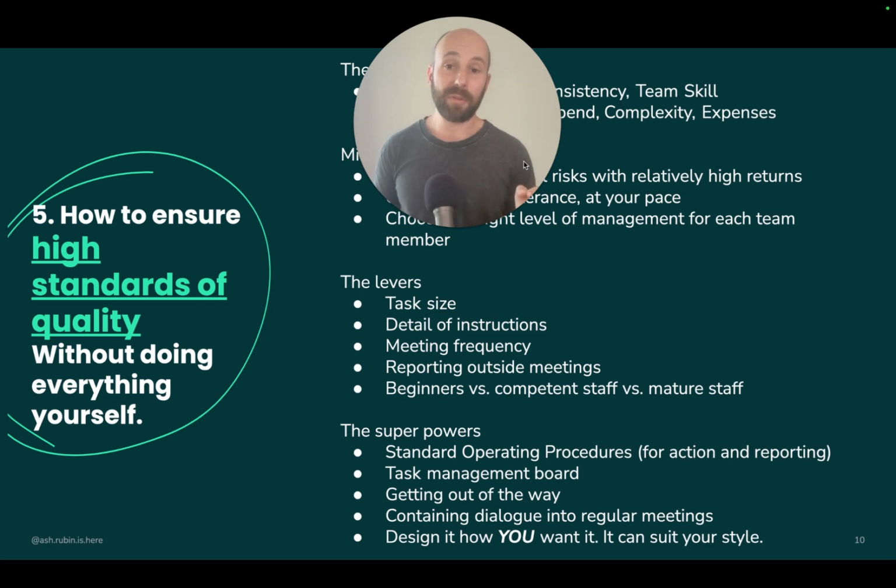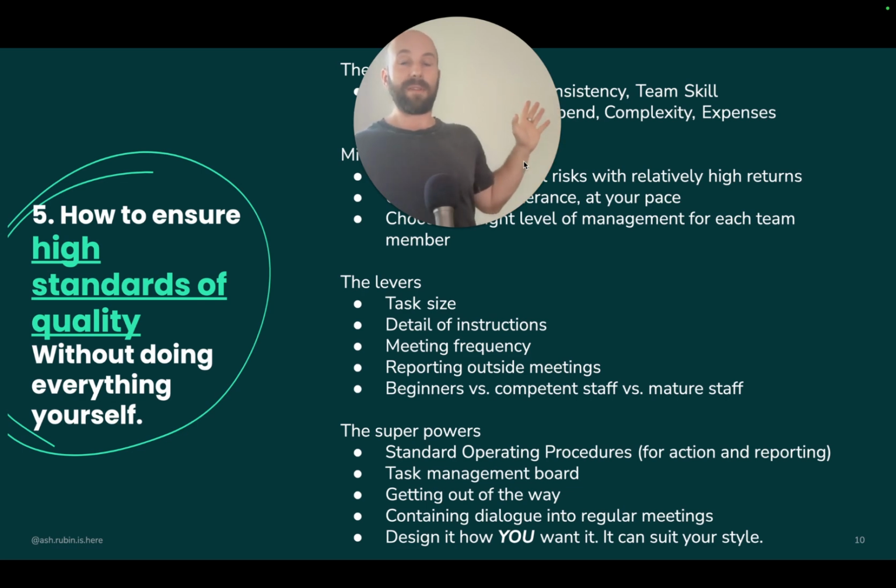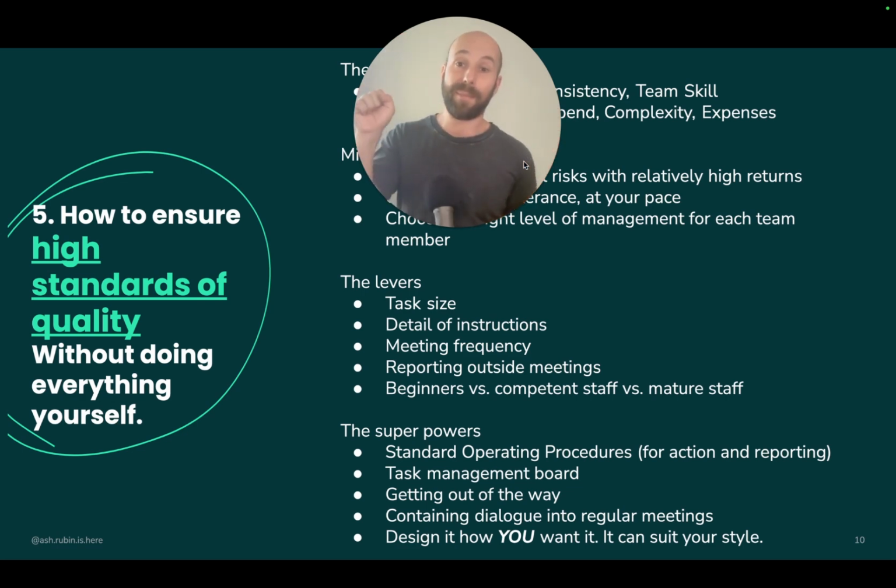And people usually sit on one side of the spectrum. They're just delegating and disappearing, no management, or they're micromanaging and hand-holding and maybe even suffocating and exhausting themselves in the process. And there's this whole big, beautiful spectrum. And when you choose the right amount of management for that person and you gradually train them so they need less and less management, you get more quality, more consistency, and more team skill whilst having less risk and less time spent from you.